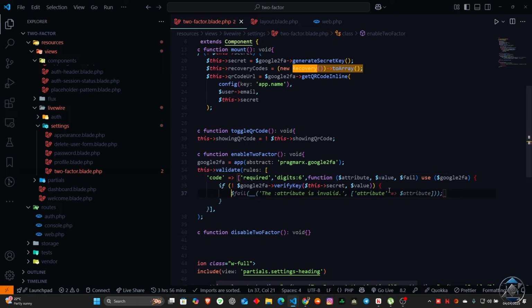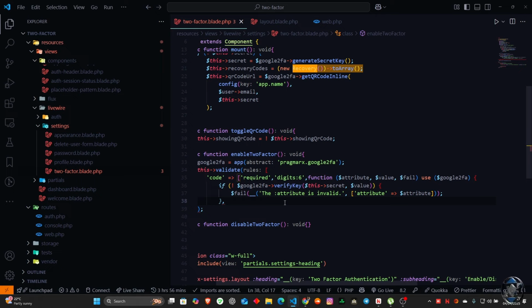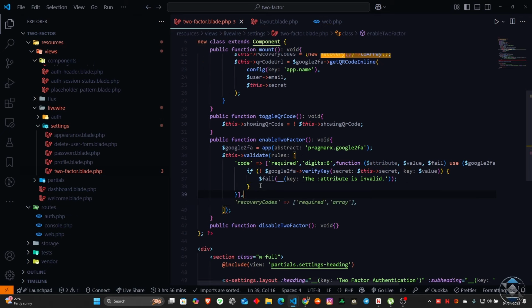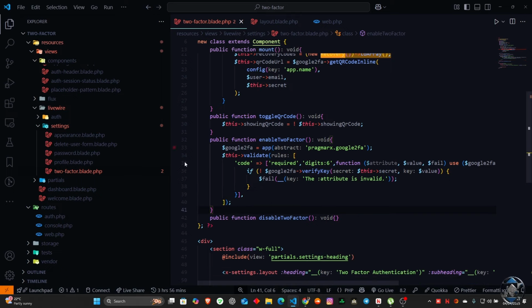If it doesn't happen, then we fail it and say that the attribute is invalid. In fact, I will just leave it like this: the attribute is invalid. We just call it as it is. So we close that if statement, and then we move on to closing that up. And now once we've done this validation,